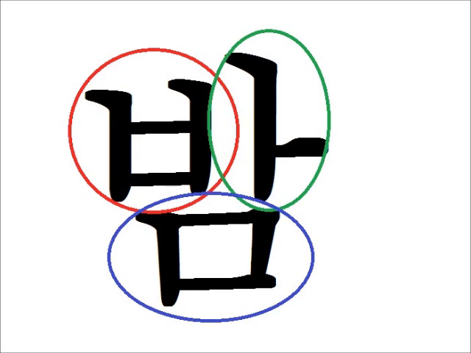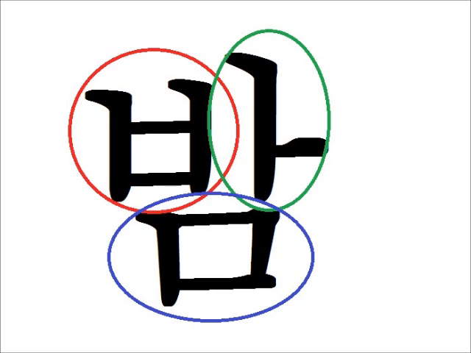First, we're going to learn how to read a character. Each character in Korean represents one syllable. What you're looking at is a syllable read 밤, which means night. You'll see three different circles dividing 밤 into three parts. The red circle, which is a starting sound, represents a B sound in 밤. The starting sound is always one of the consonants, even if your syllable sounds like it does not have a